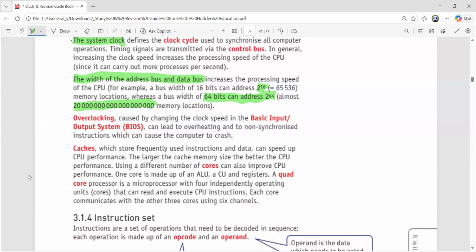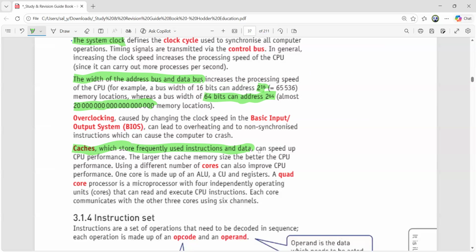Cache. What is cache? Cache is holding the frequently used instructions. Just think from our perspective. Assume that I am preparing for a few things. Maybe the paper is tomorrow. So definitely, if the paper is tomorrow, my memory will be holding only tomorrow's paper data. Maybe it's some other paper which is going to be next week. I might be remembering, but I'll not be concentrating on that paper right now. So similarly, cache is just holding the frequently used instructions and data also. And this is going to help in speeding up the process.